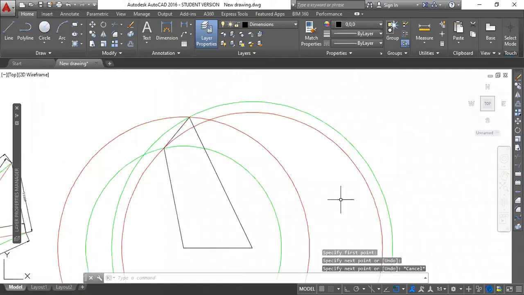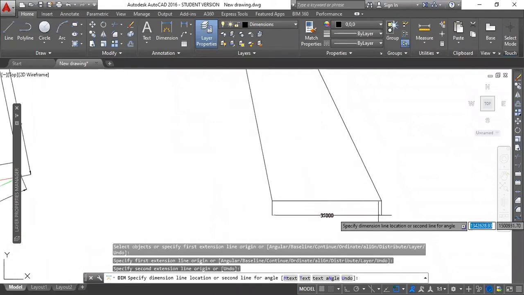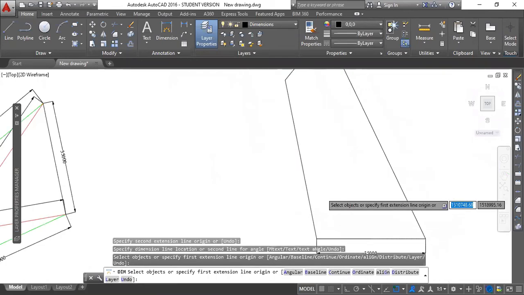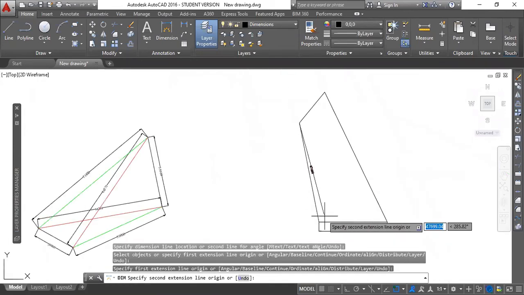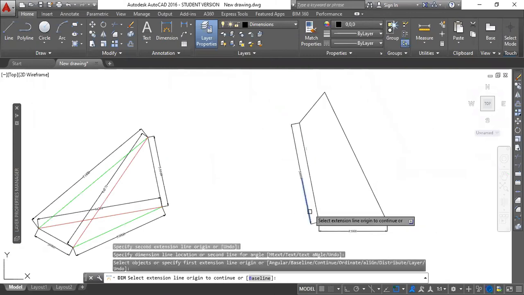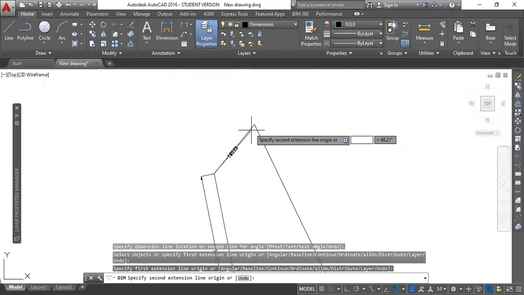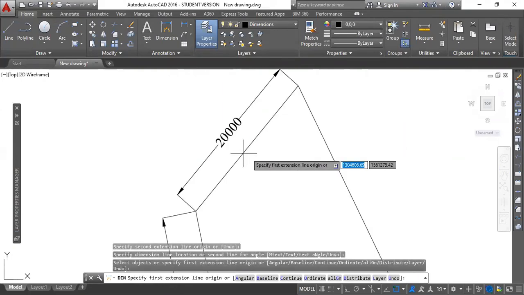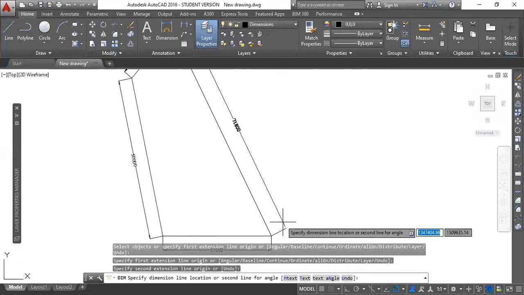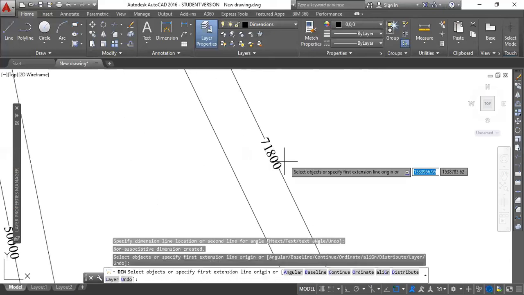Now I'll delete all these circles, and I can assure you all the dimensions are exactly matching. Just let me prove it to you. 35 meter, 50 meter, 20 meter, 71.8 meter.